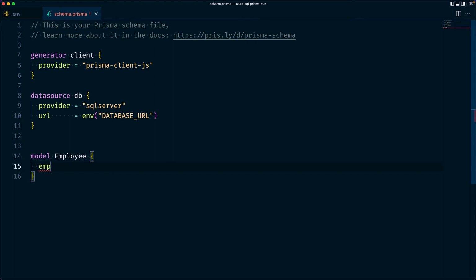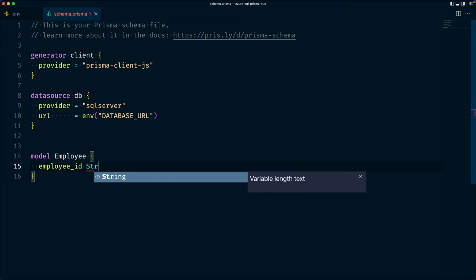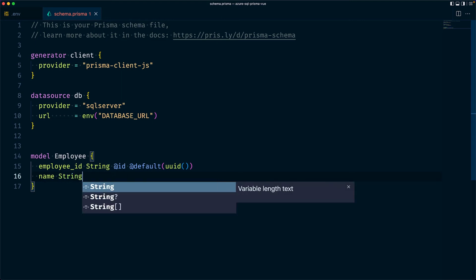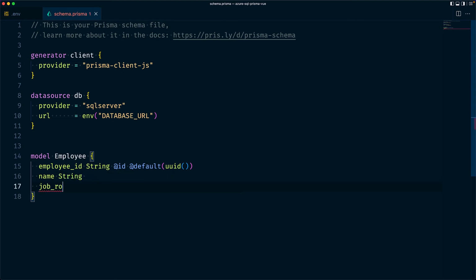The first field is going to be employeeID that will be of type String. employeeID is going to be a primary key column, so go ahead and add an @id attribute, and then an @default(uuid()) attribute function that tells the database to generate a unique identifier using the UUID specification for each record. Next, we'll have the name field that is a String. We'll also have jobRole that's also a String, and then salary that's a Decimal. The next one is going to be the employeeRegistration that's an Int type. We'll also add an @unique attribute to make sure that every record created has a distinct value.